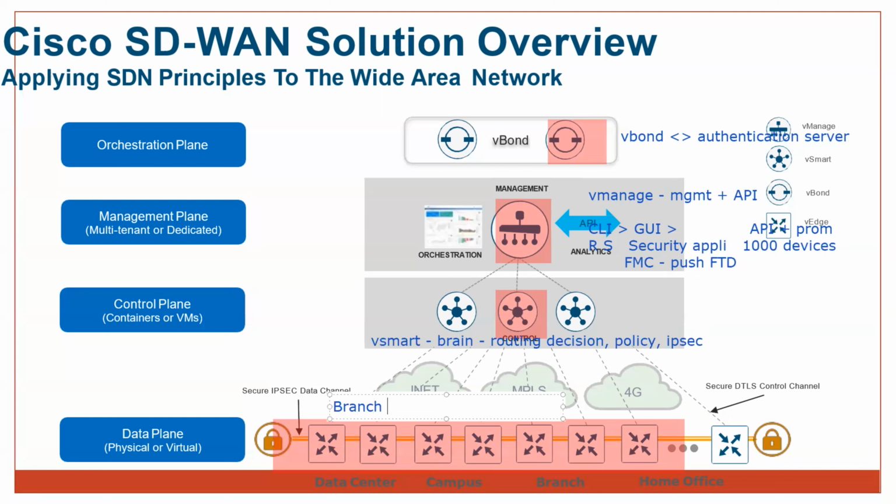Earlier it was called vEdge. Okay, right? And then Cisco has cEdge. So these branch edge devices, either vEdge or cEdge, are actually the data plane devices, and in